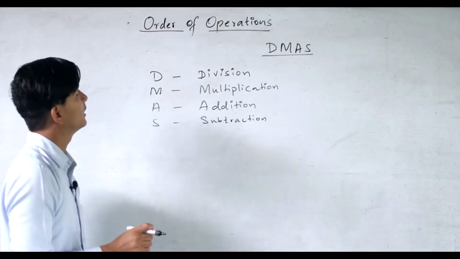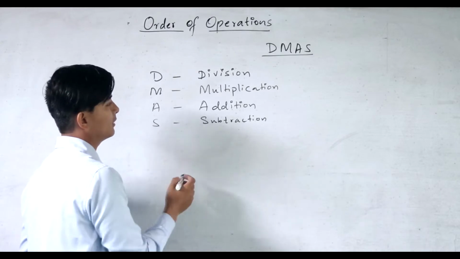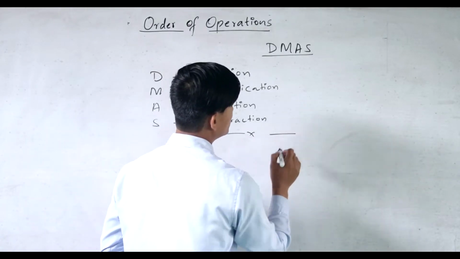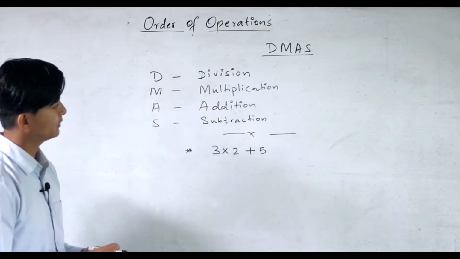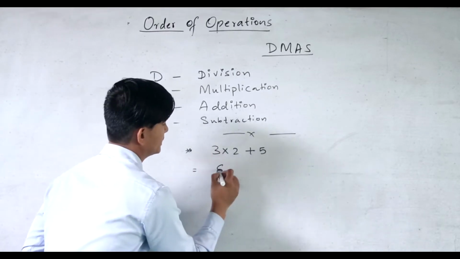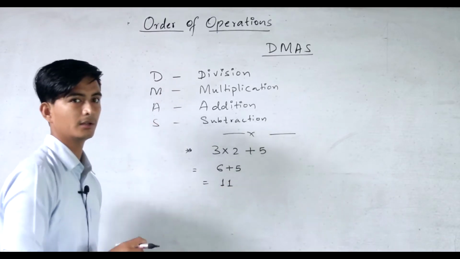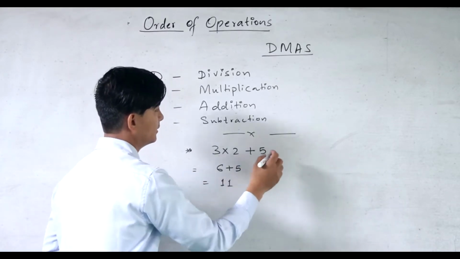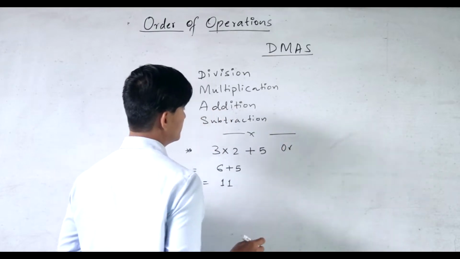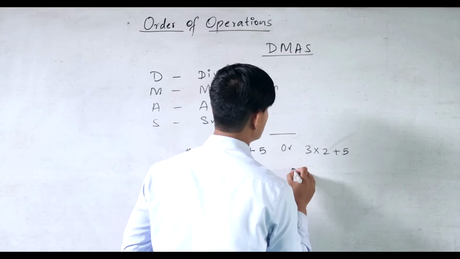Okay, so why do we have to follow this order of operations? For this I will tell you with an example. So if you solve this, 3 times 6 plus 5, we will get 11. Okay, and in a similar way, you can also do this in another way, which is